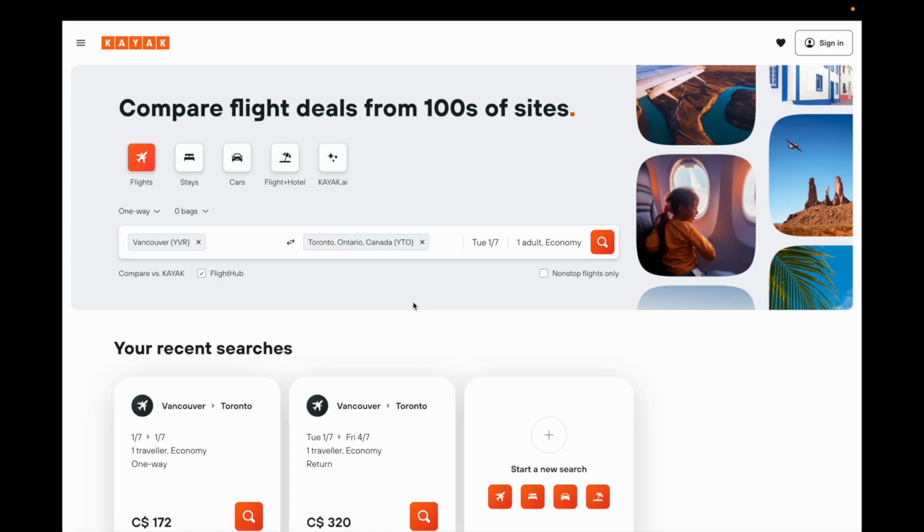So in this kayak.com tutorial video, I'll be showing you guys how to book a one-way flight here on kayak.com. So once kayak.com is opened up, I want you to go ahead and make sure that the flights tab right here is highlighted. Then go down to where it says one way. So for me, I actually do have one way selected, but if yours says round trip, just go ahead and